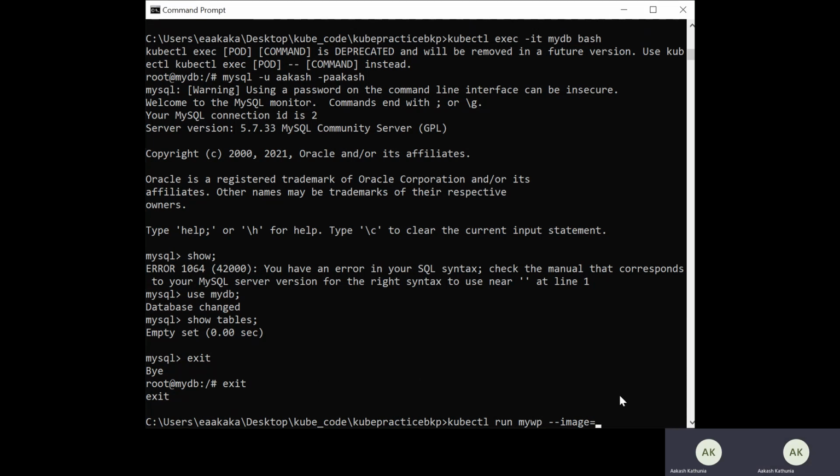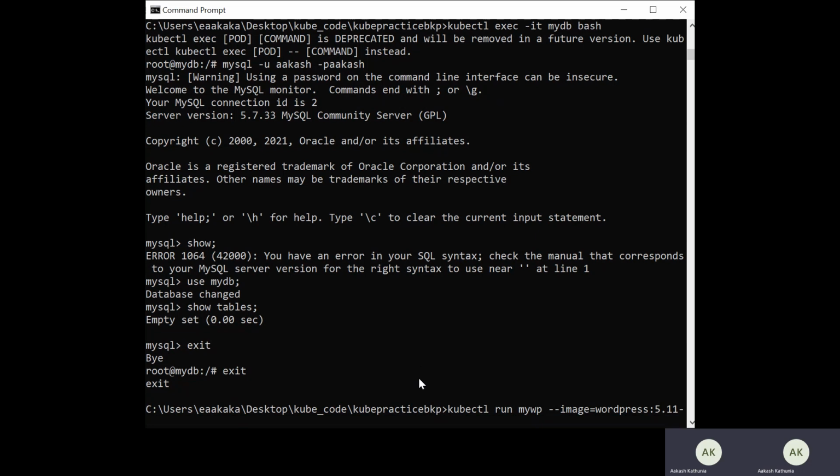I have already found it, so let me just write the name WordPress colon 5.11, and this hyphen PHP 7.3 hyphen Apache. So this is the WordPress image that I found from the Docker Hub.